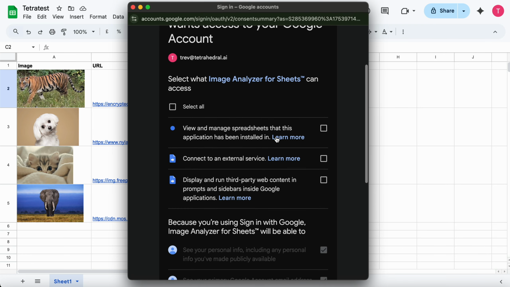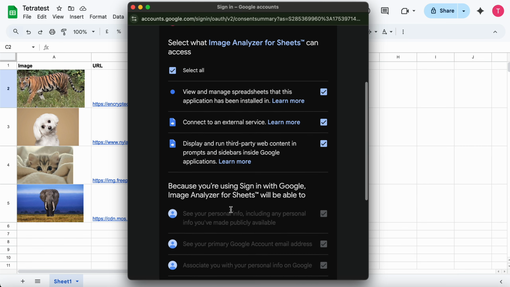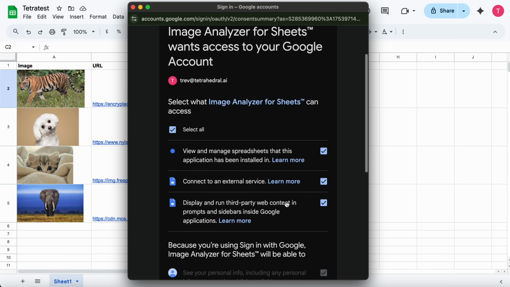And then here, as you can see, this is consistent with the scopes I showed in the GCP console screen. So view and manage spreadsheets that this application has been installed in, connect to an external service, and display and run third-party web content. As I said, that is for the sidebars. So if I select all, continue,